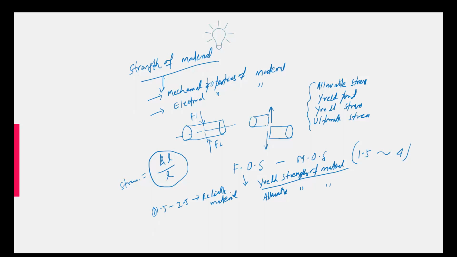You may be wondering what is reliable material. That means you know about that material, you know how its properties behave, and you also know the input conditions very clearly, your environment variables and boundary conditions. In those circumstances you can go for 1.5 to 2.5 as your factor of safety. And a factor of safety between 2.5 to 4 is another protocol